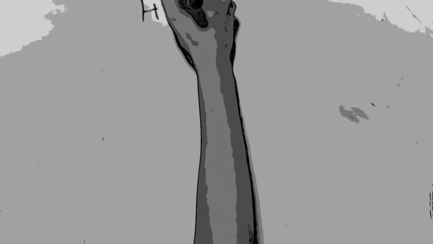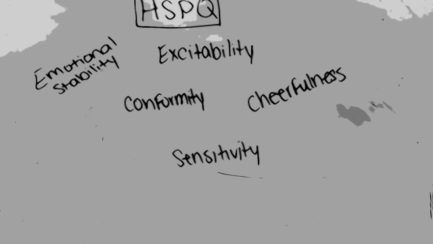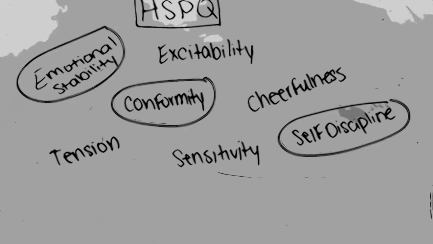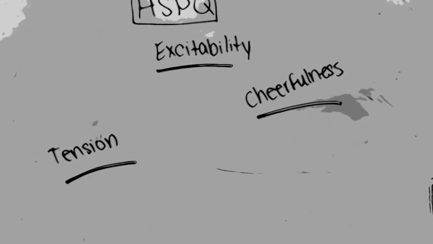So now on to the results. The results showed that on the HSPQ, significant differences were found in the different groups on 9 of the personality factors: emotional stability, excitability, cheerfulness, conformity, sensitivity, self-discipline, and tension. Pathological gamblers scored lowest on self-discipline, conformity, emotional stability, sensitivity, and highest on excitability, cheerfulness, and tension in comparison to